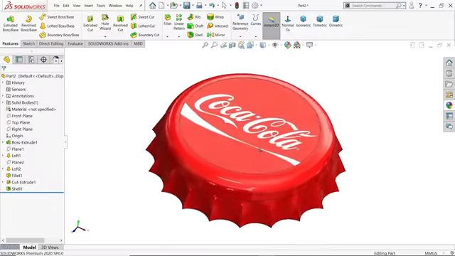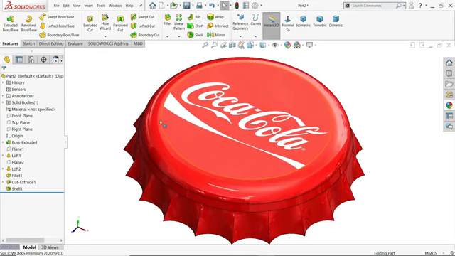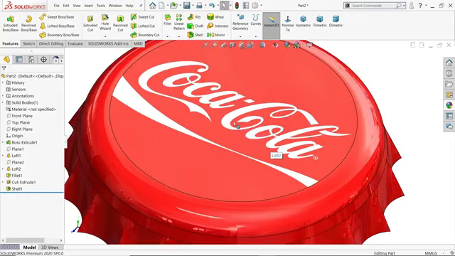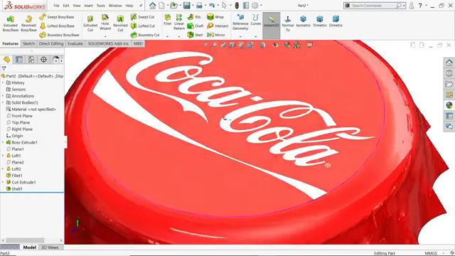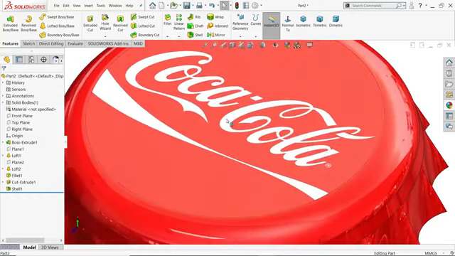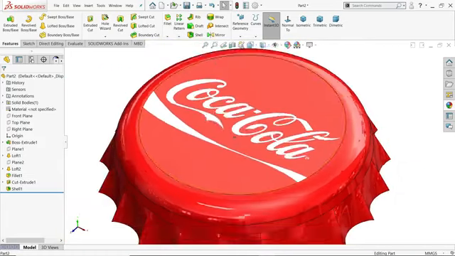Today we are going to create this simple Coca-Cola bottle in SolidWorks and we will learn some basic features like extruded boss base, loft, how to use plane, shell command and extruded cut. But at the end we will use the Decal tool to create this beautiful logo by creating an image file. I hope you like it.